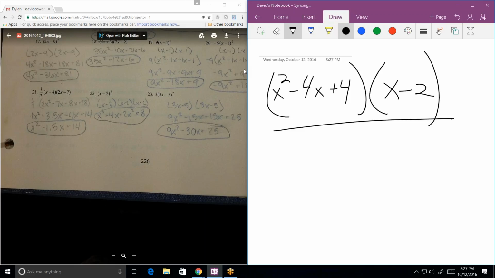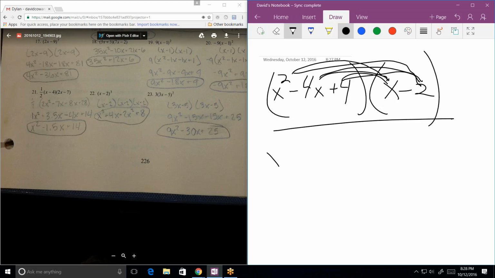Now notice that we're multiplying a trinomial by a binomial. FOIL doesn't work for that. But what works is ET, every term by every term. In other words, I take that, multiply it by that, take that, multiply it by that, and so on, and add all the terms together. And if I do that,